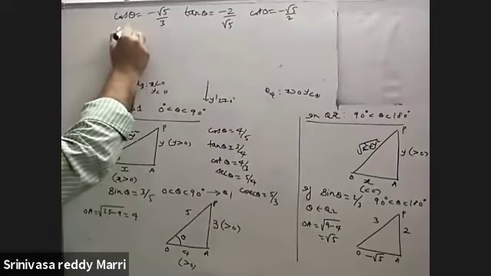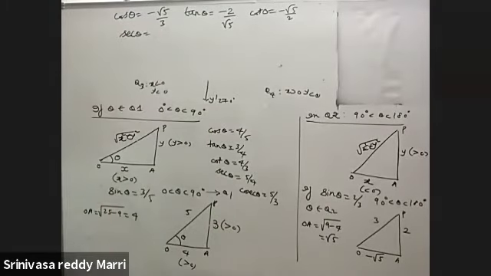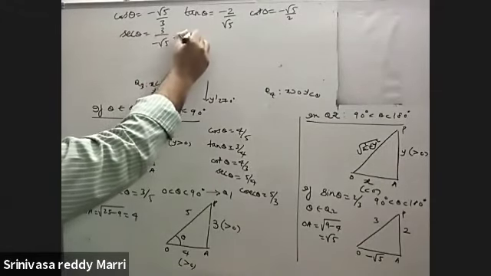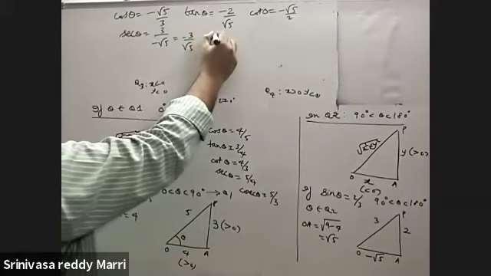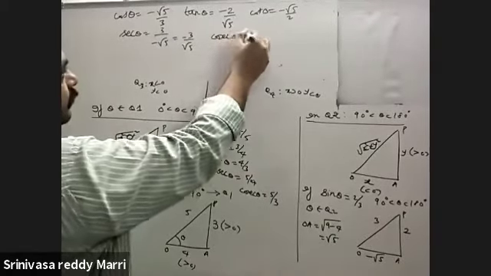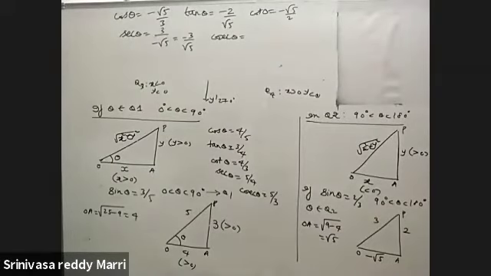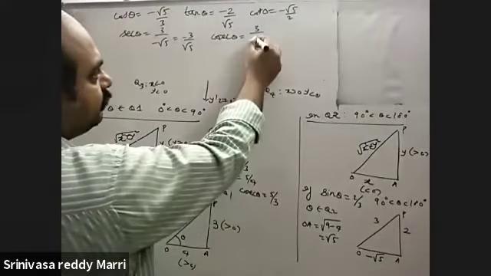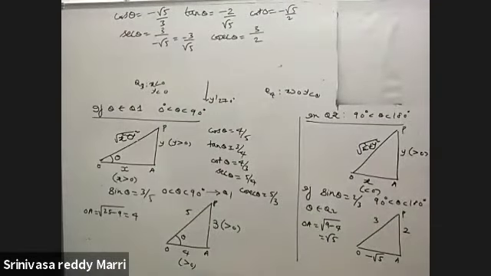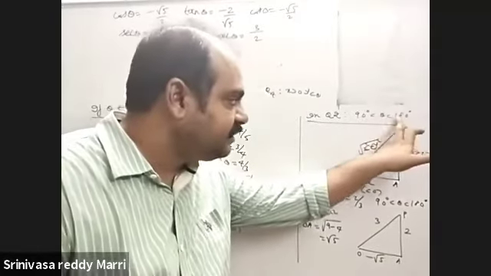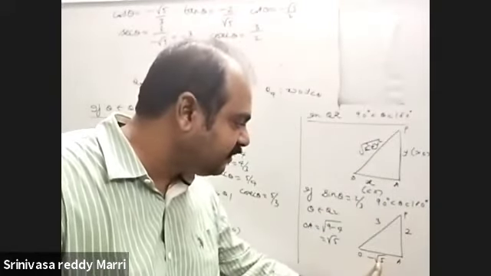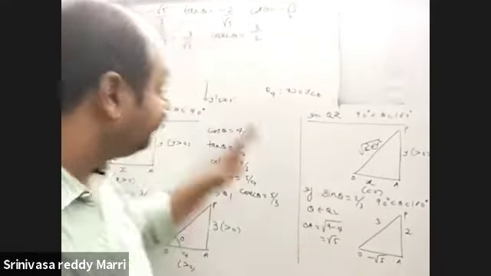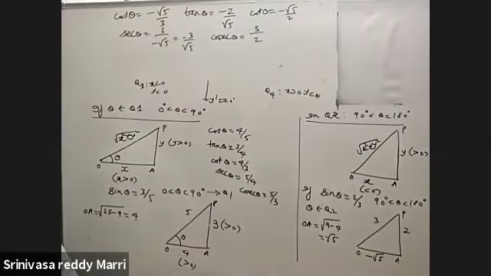Now with sine directly you will get secant theta, hypotenuse divided by adjacent side, which is minus 3 by root 5. Cosecant theta, what will you get? Hypotenuse 3 divided by 2. Look, everything you got with sign. Just like that, in quadrant 2, you write x less than 0, horizontal one negative, vertical one positive. Here you got root 5. If you write root 5 and write everything, you will get positive quantities only.